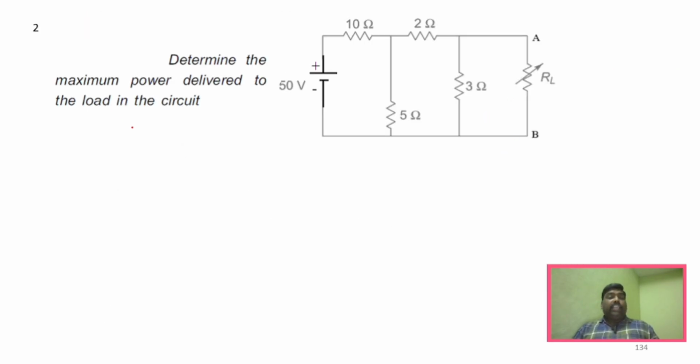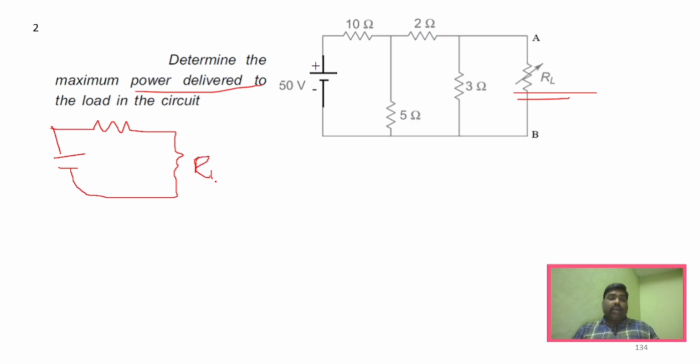So if you see here, determine the maximum power delivered to the load. We know that in the maximum power transfer theorem, you will not be given the value of RL; it will just be mentioned as RL alone. Now, first step, what do we need to find out? We need to find out the Thevenin equivalent circuit. So this is the Thevenin equivalent circuit, whereas we don't know what RL is. So we will simply have RL, and this is RTH,